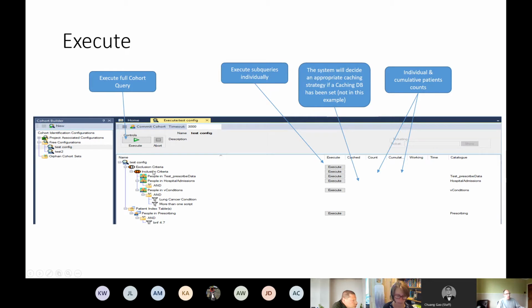So it'll then be the combination, what's a union. So it'll be all people in prescribing and hospital admissions, and then with the conditions. And then when you get to the exclusion section, the number will start to go down as you exclude people who are, in this case, prescribed BNF 4.7. But again, it's easier to see in actual data, so we'll talk about that a bit later.